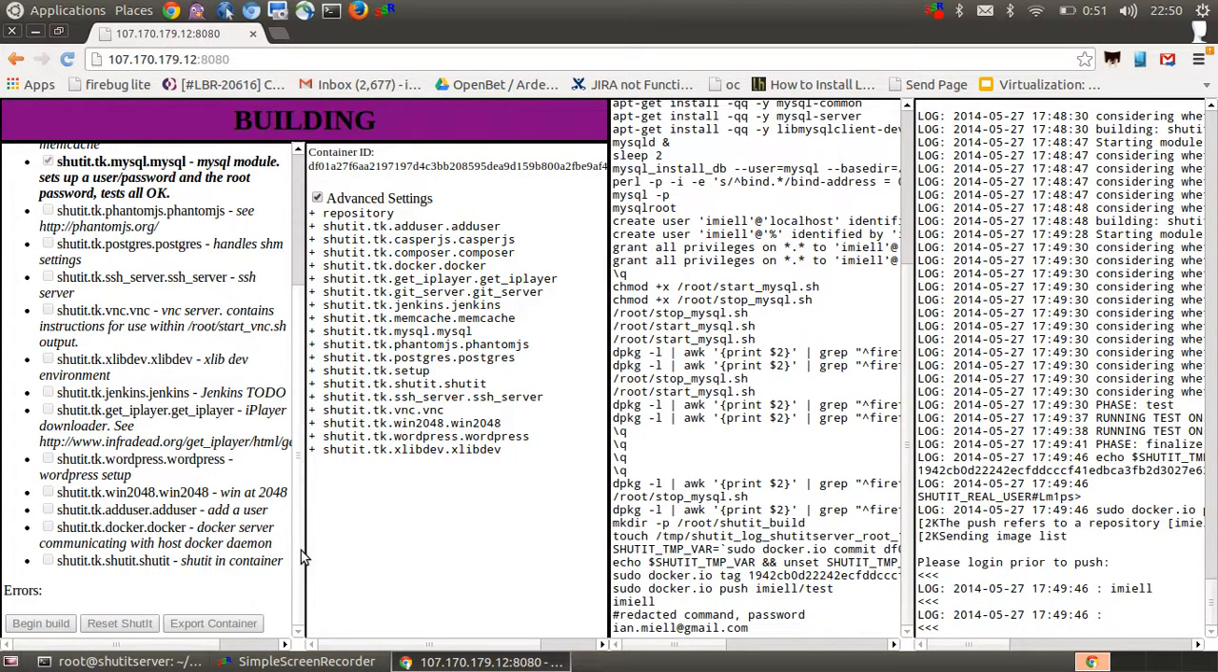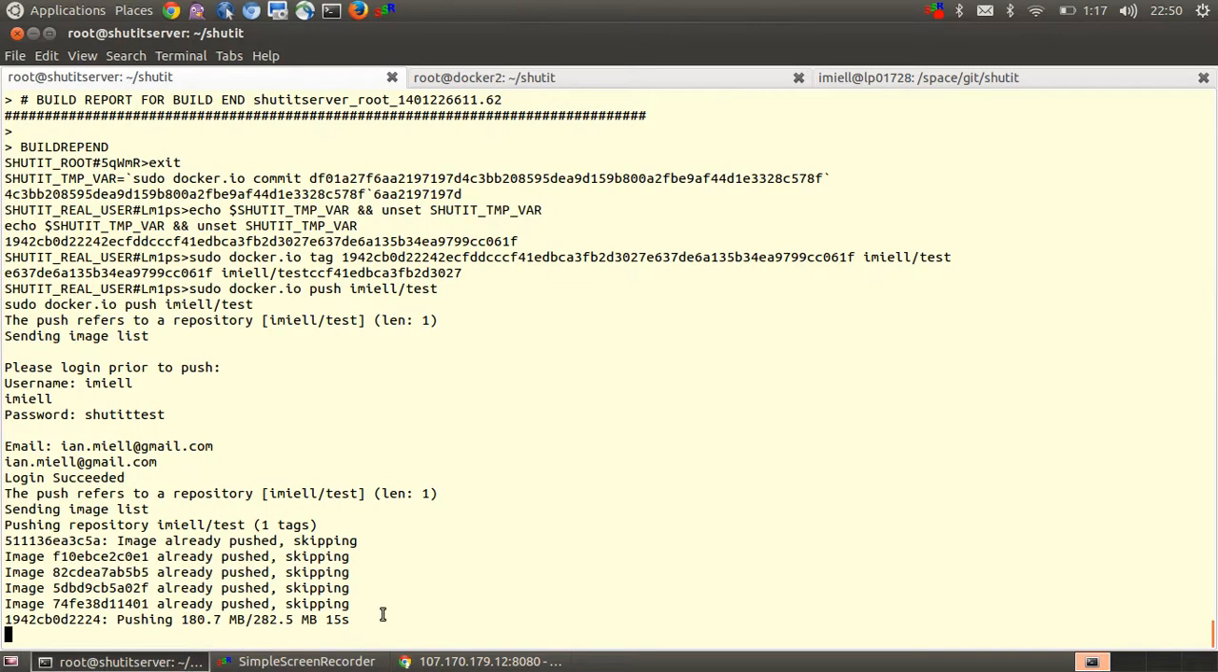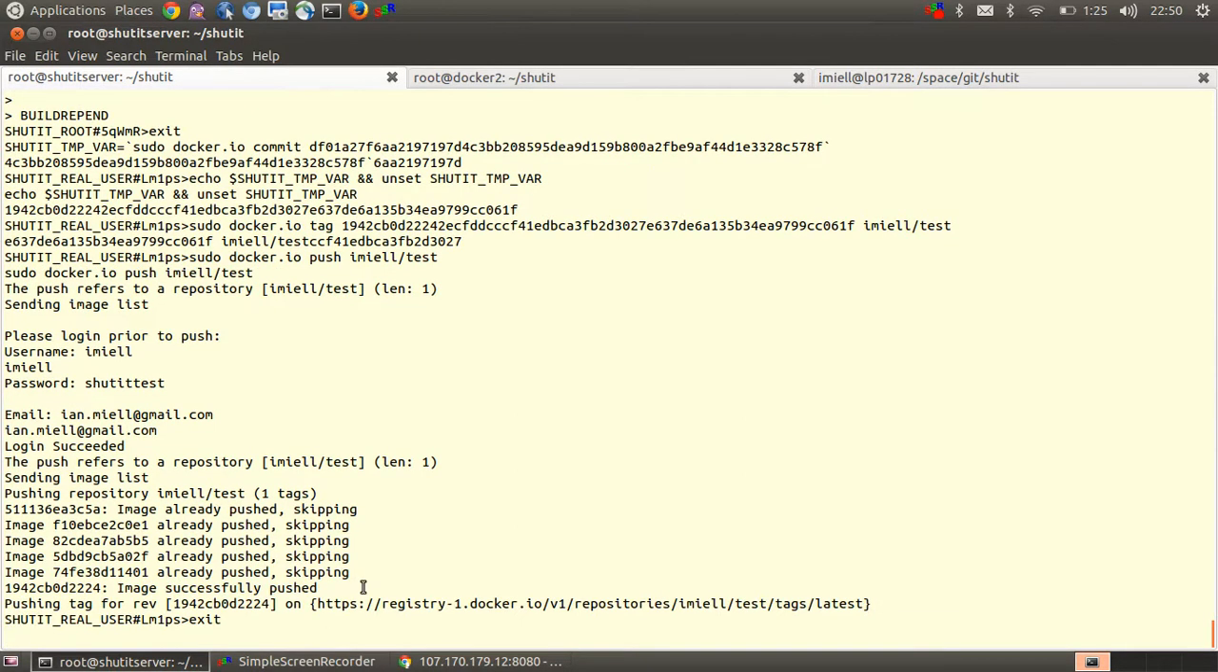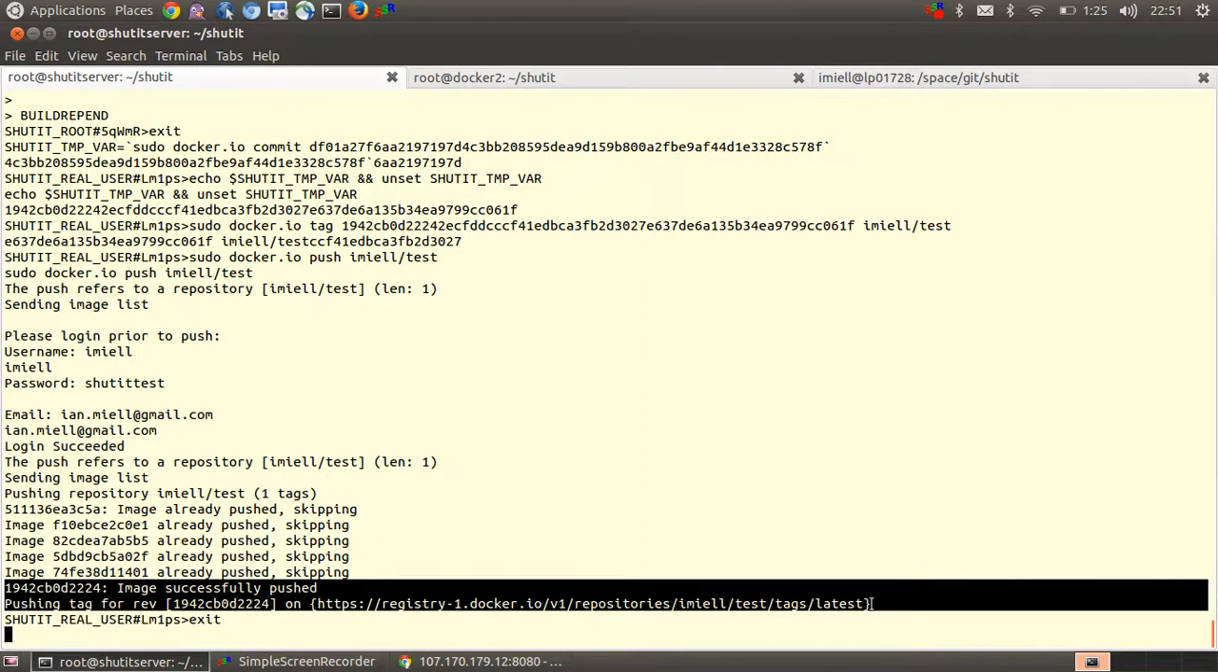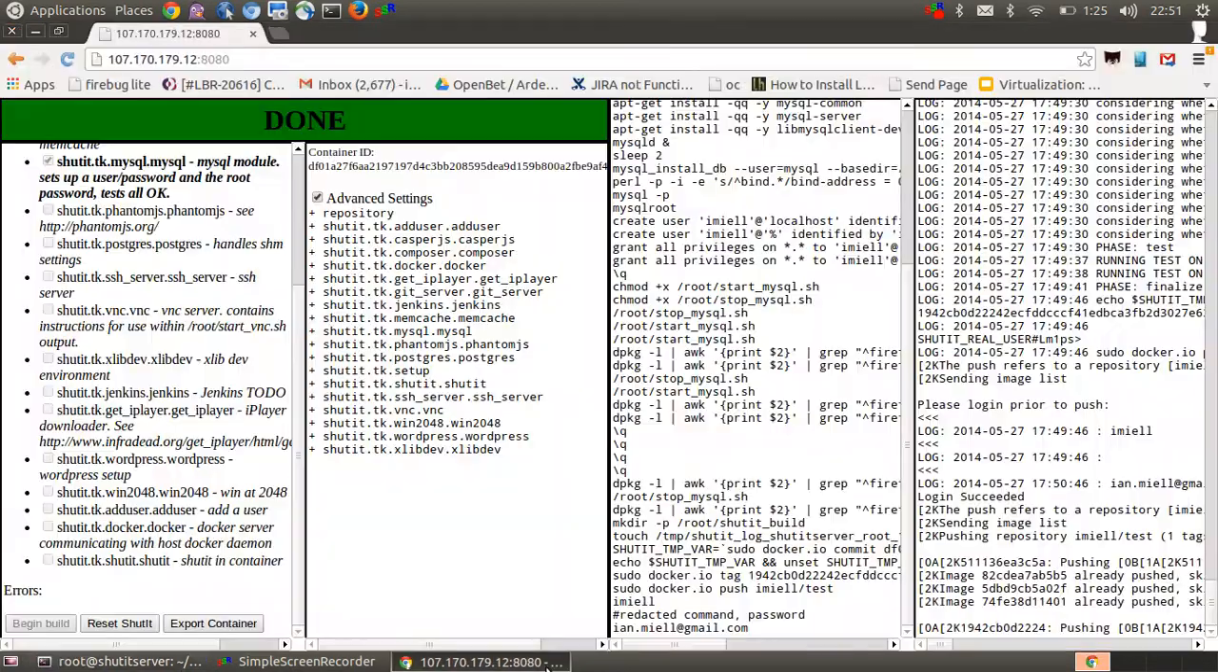Okay, so let's wait for that to finish. You can see here it's pushing. This is the server view, and you can see that it's pushing the container up to Docker.io. So that can take some time depending on the speed of your connection and the size of the container. Okay, so the image was successfully pushed. Eventually we can see the tag for revision where it is. On the main ShutIt server page we have a green for done,